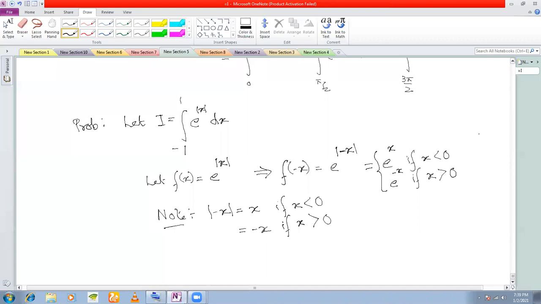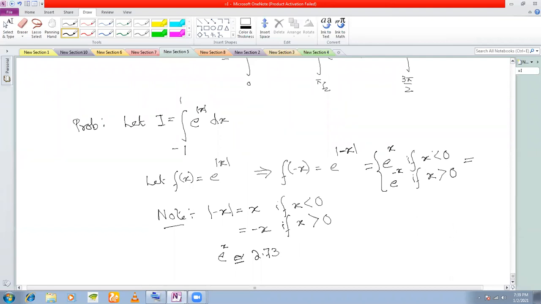Now what will happen? What can I say? Whether e to the power of x or e to the power of minus x, exponential function, what is the value of e? Do you know what is the approximate value of e? Approximate value of e is 2.73. Okay, you can note this. Approximate value of e to the power of x for whatever value of x will always be approximately equal to, it is an irrational number, approximately 2.73.